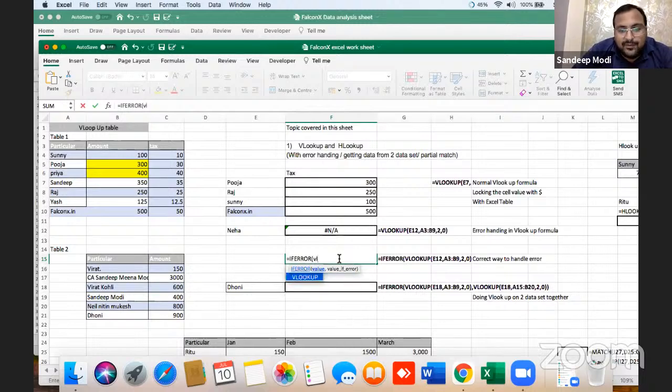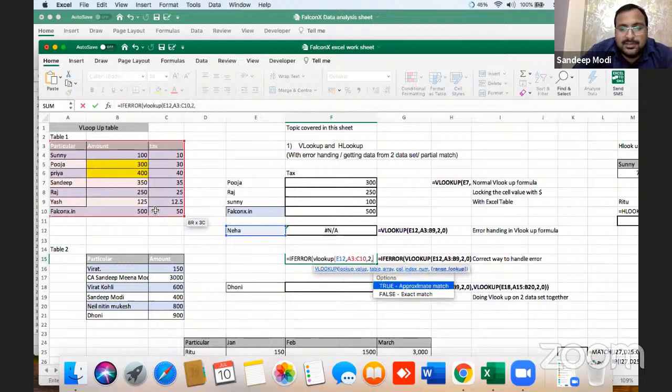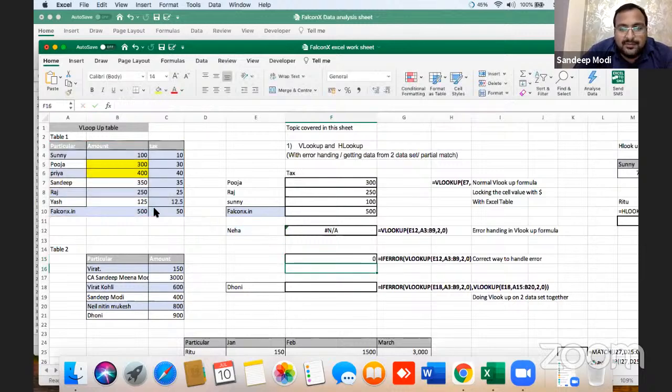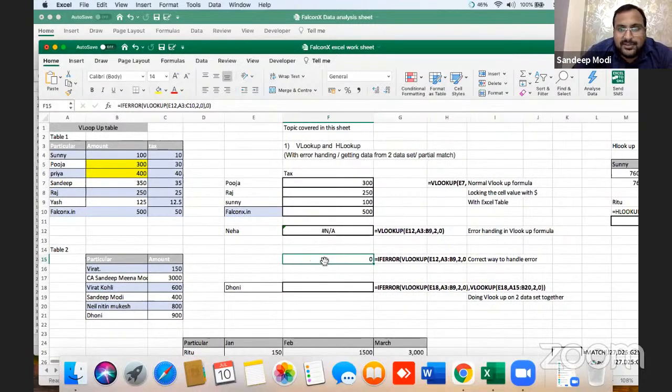Now formula you want, which formula you want? This formula, comma 0, enter, bracket close. If it's an error, I want 0, enter. We got 0 because Neha value is not there in table 1. This is one way of writing if error formula.